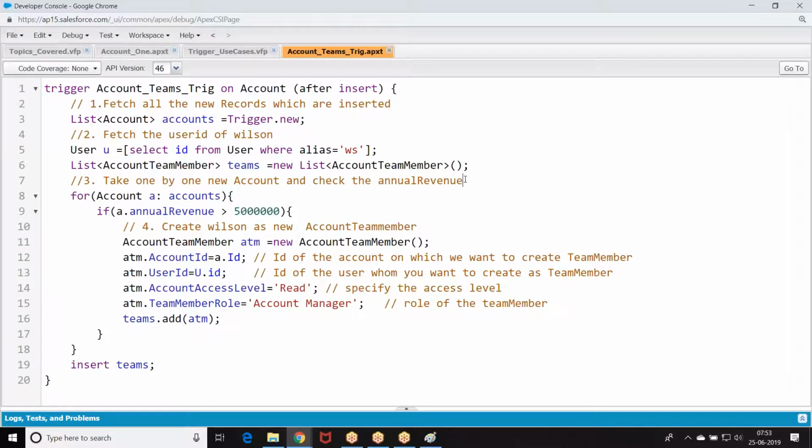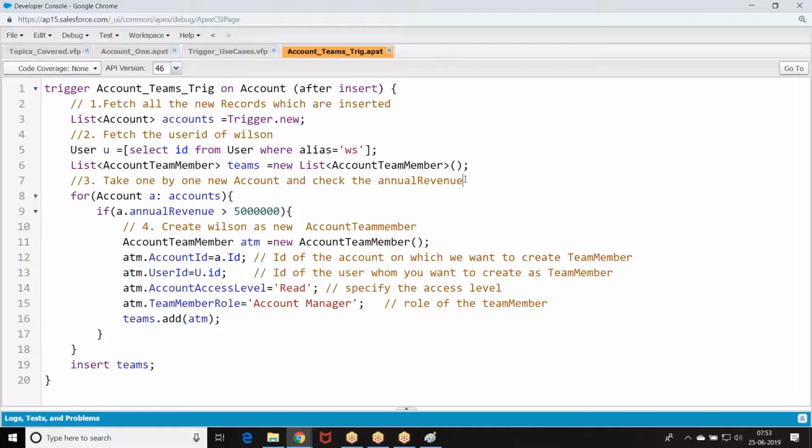If I create 4 customers through a web service program, then what will happen? 4 records are inserted at a time. Trigger.new will contain 4 records. If I insert through data loader, 100 records, trigger.new will contain 100 records. If I'm inserting the data using an ETL tool, 10,000 records I'm uploading, I'll get trigger.new as 10,000.